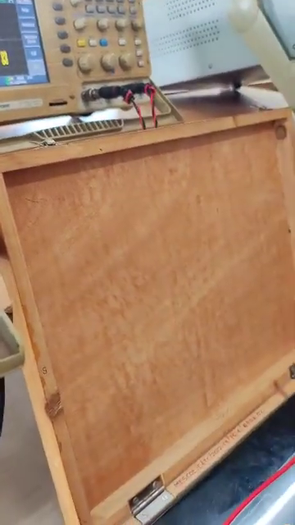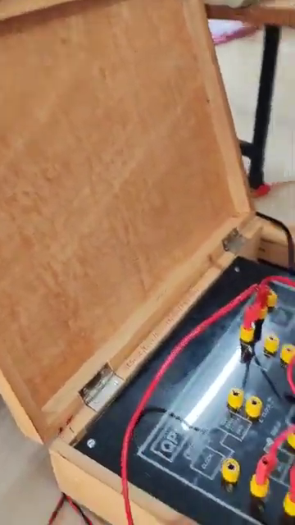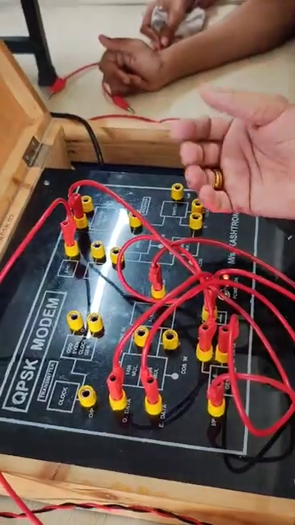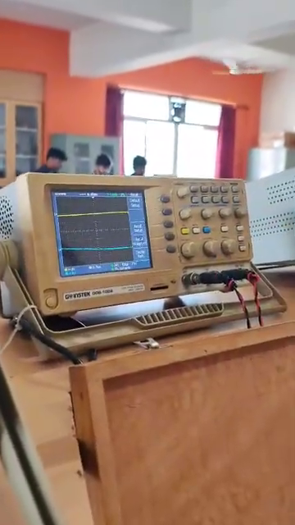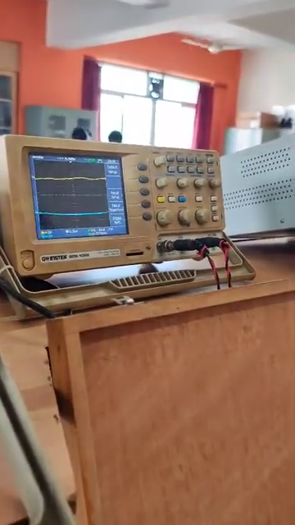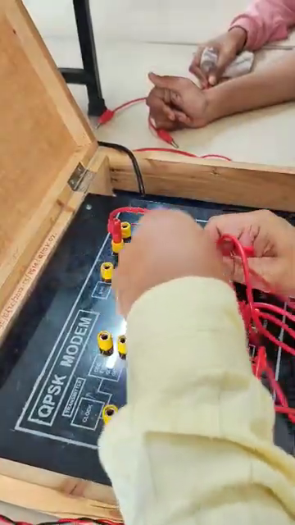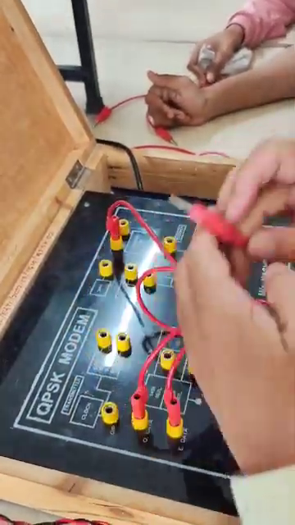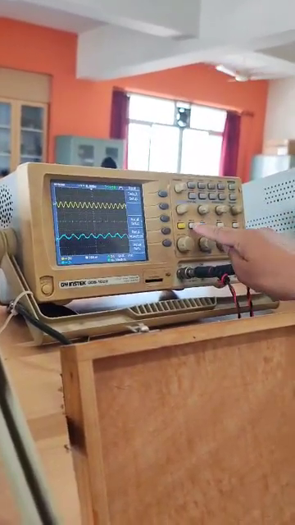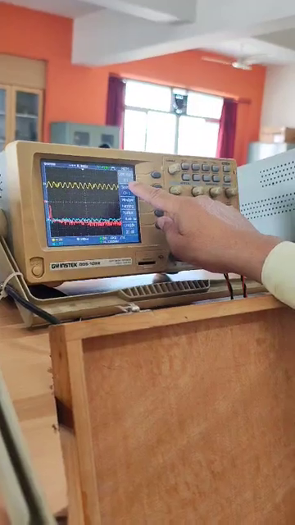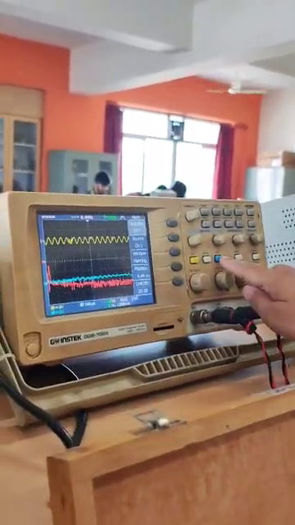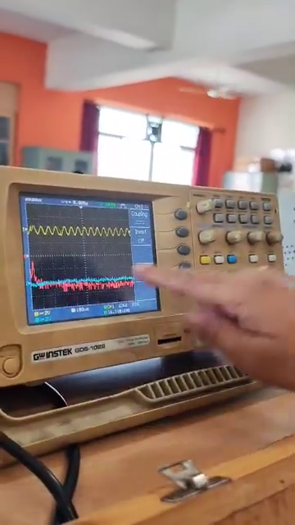Once it is over, the external will ask to show the spectrum. So what we have to do? We have to first make it default. So connect the QPSK signal to channel 1. Then next what you have to do? Maths. Press the operation FFT. We don't want channel 2, so press channel 2 so that